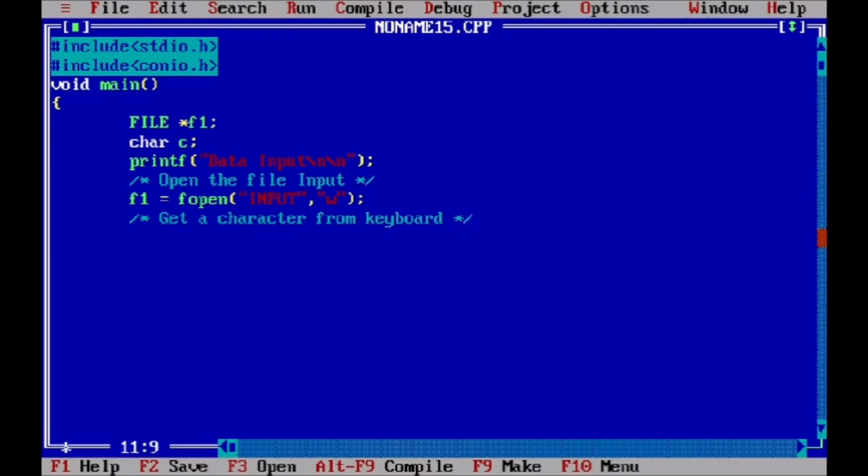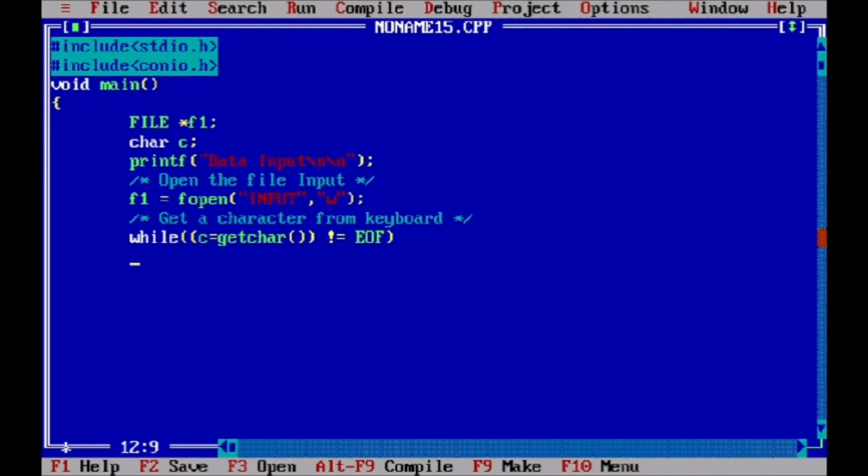Now get a character from the keyboard. We get the character from the keyboard and store it to the file named input. So while c = getchar() is not equal to end of file, that is, if this is not the end of file, then we write to the file input.